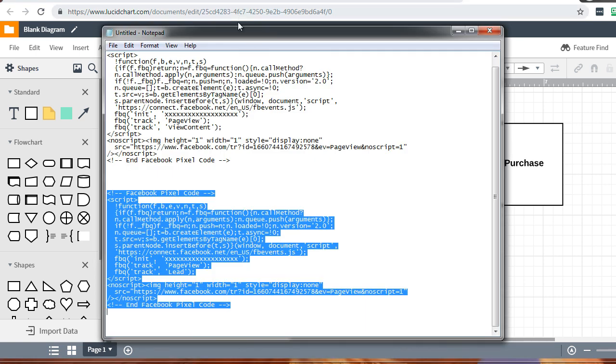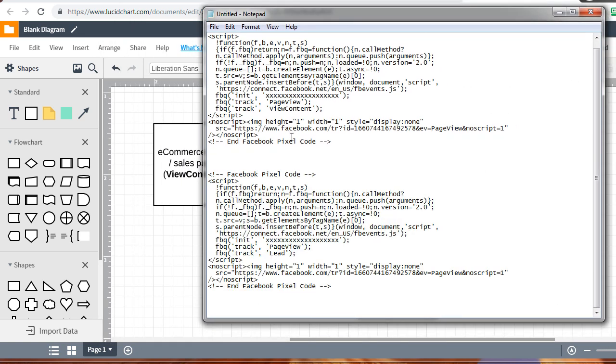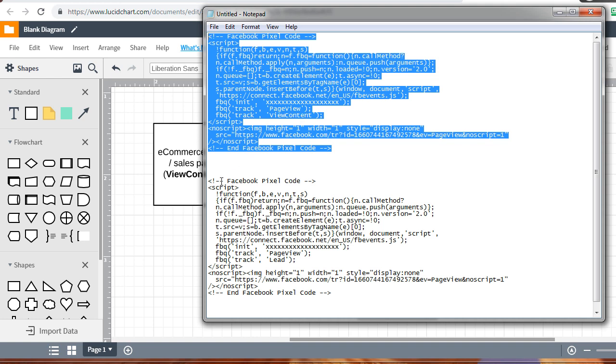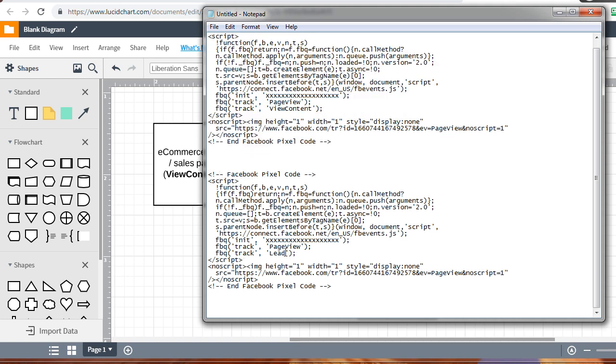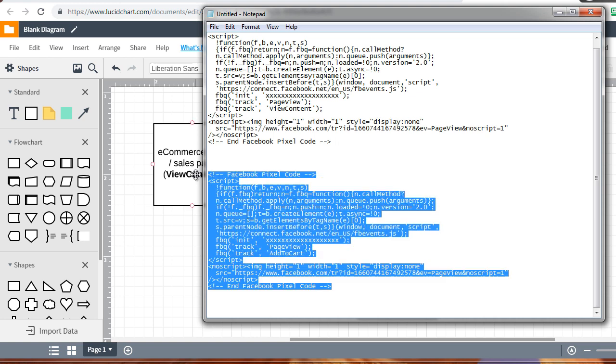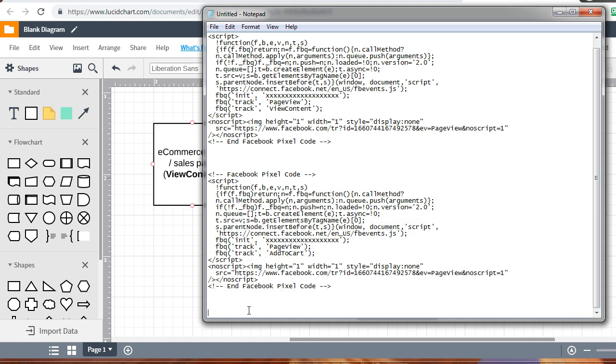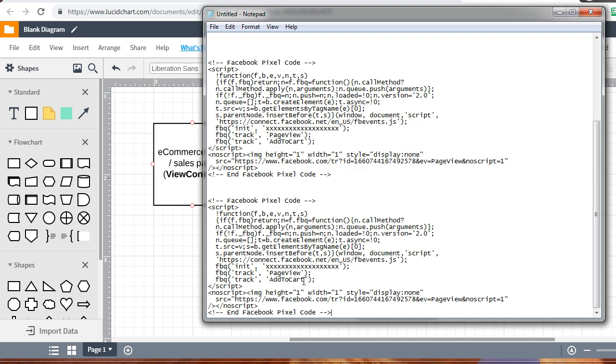Now, what I can do here is I can pull this notepad up here. And as you can see, this code right here has the view content. And we have this code right here, which is the lead. But in our case, we can do add to cart. So add to cart, so capital A, lowercase dd, capital T, lowercase o, capital C, and then lowercase art. So add to cart, you want to have that like this right here. And then of course you want to have the third pixel, which is a purchase. So we want to copy that and then change where it says add to cart, you want to change that to purchase. So capital P, lowercase